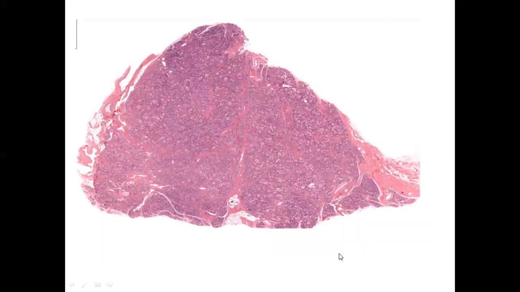Now, if you look at the more panoramic view, you can easily distinguish the capsule portion, and that capsule is penetrating inside the main gland in the form of trabeculae, dividing the main thyroid gland into smaller compartments, lobules. If you look at the lobule, you can see certain cross sections where the central portion appears as a cavity, and that cavity is no stain. So this is the follicular arrangement and the colloid which is present in the cavity of the follicles. In between these follicles there will be the second type of cell population, which is not that clear in this magnification.